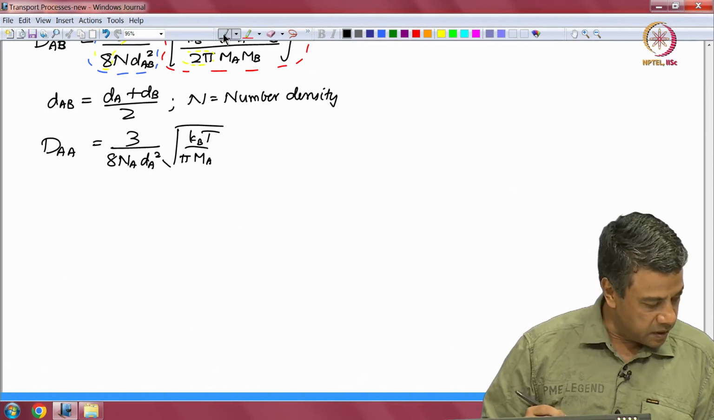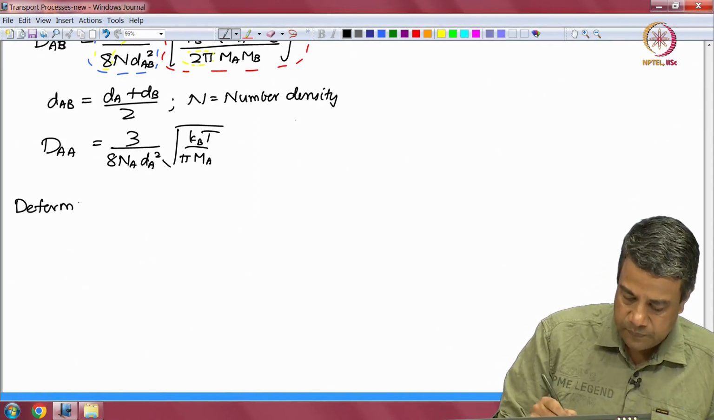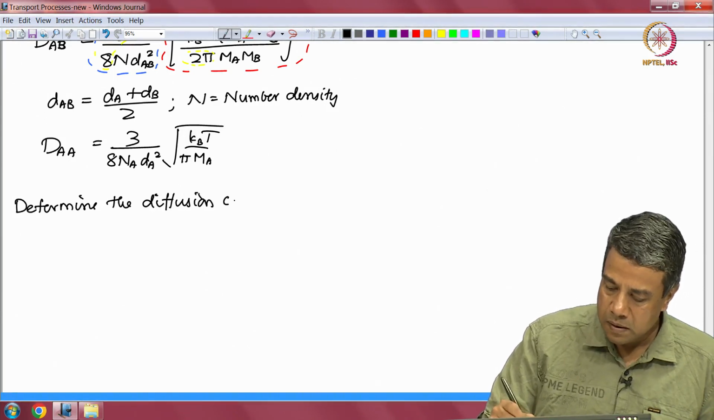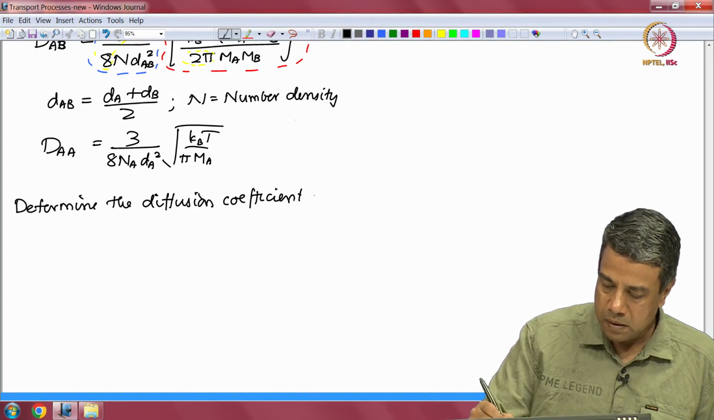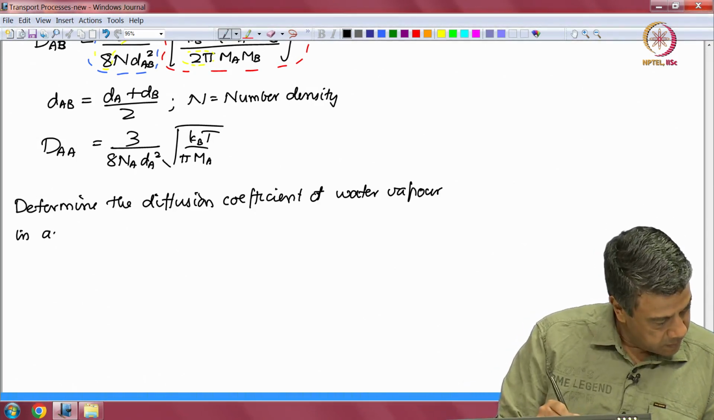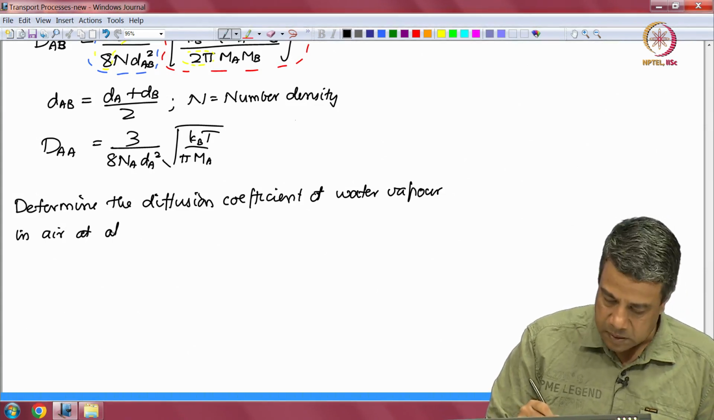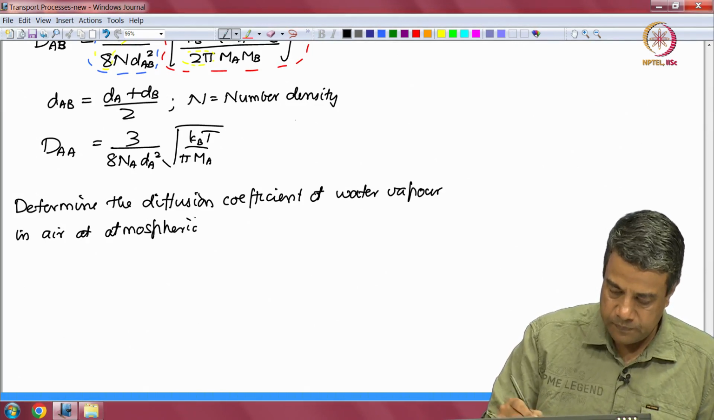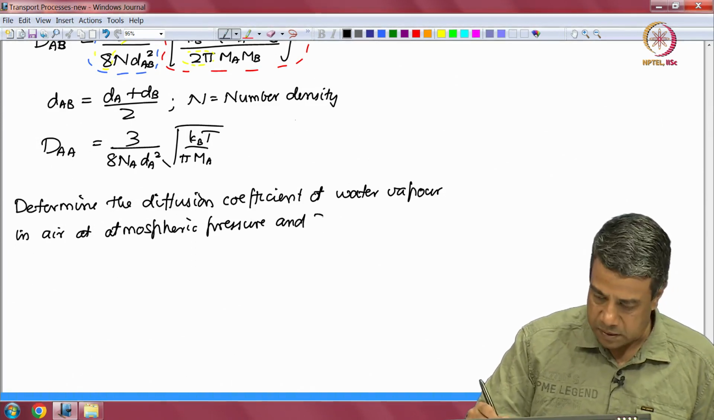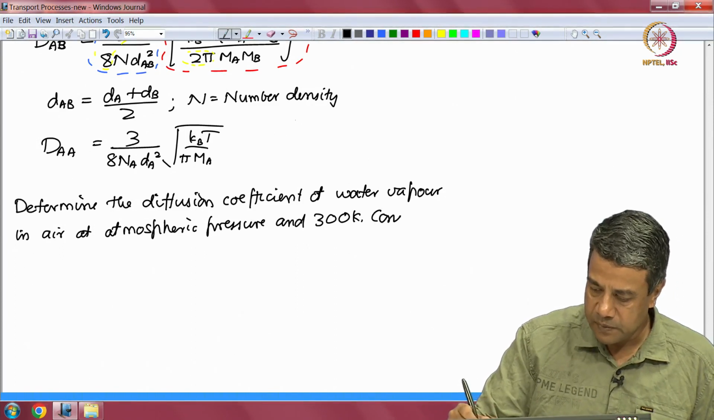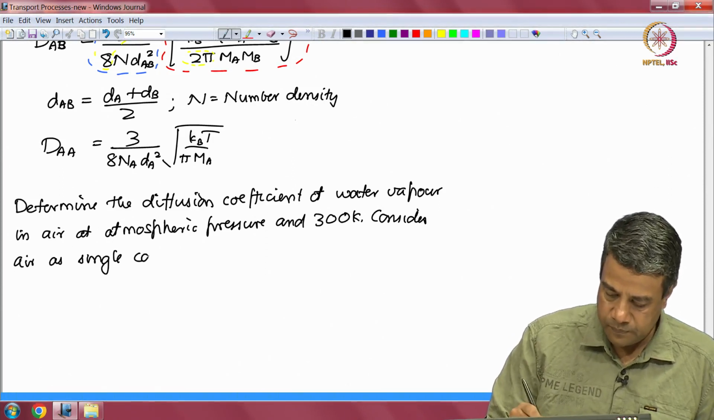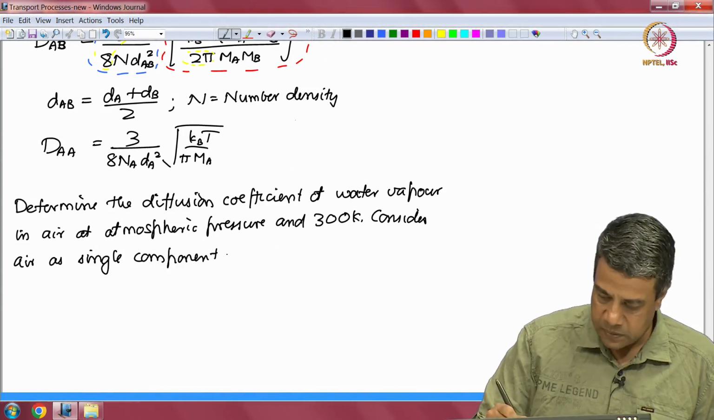So, let us solve an example. Determine the diffusion coefficient of water vapor in air at atmospheric pressure and 300 K. Consider